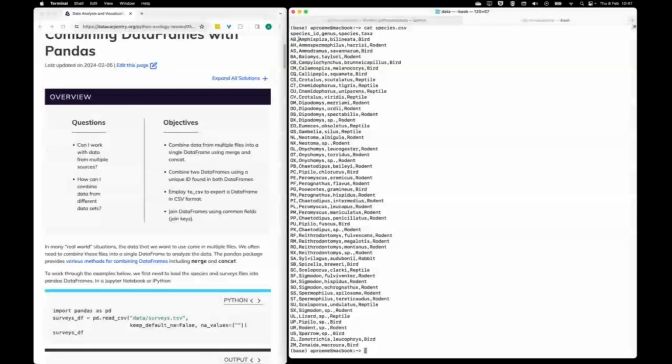But you don't necessarily store all the additional information again and again every time that an Amphispiza bilineata bird appears in the survey. So you just store it as a 2-letter code, nice and efficient. But at some point you will want to pull in this additional information about that, and that's where merging data frames comes into play, where we draw in